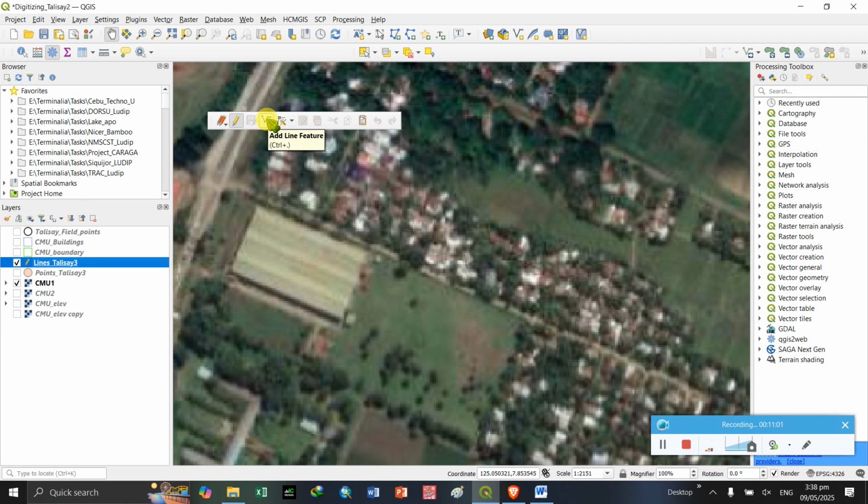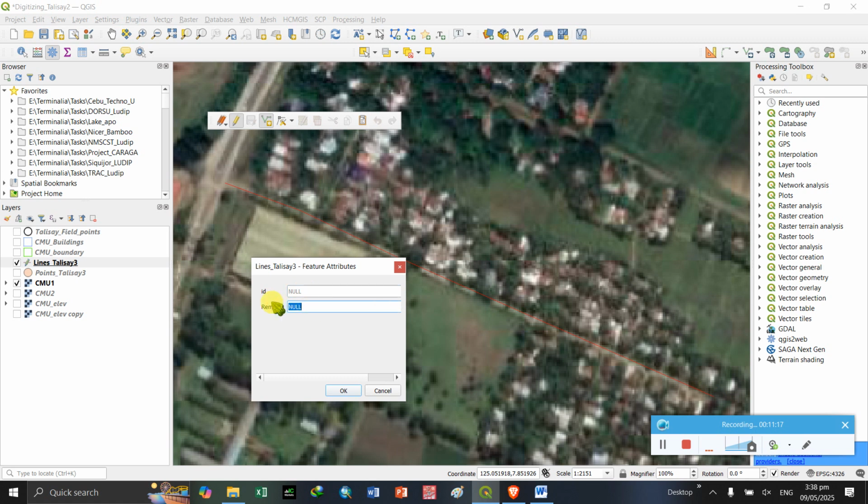Okay, so click the add line feature, then start digitizing the road or the line feature. So left click, left click, left click, left click, left click, and right click. So Sampaguita Road.